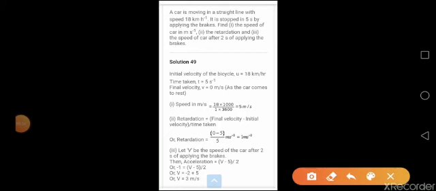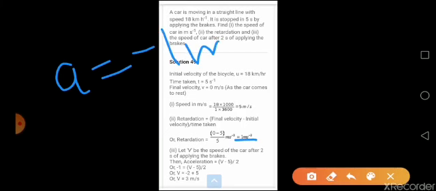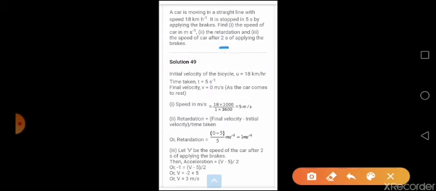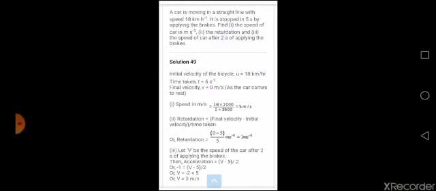Now when you come to the third part of this question, it is asked what is the speed of car after 2 seconds of applying the brakes, that is just before it comes to rest, right? Now let's see how we can calculate it. Now already from here, acceleration value, that is negative value including retardation, that is minus 1 meter per second square value you are having. U value you have already calculated it here. U is equal to 5 meter per second. That value also you are having. Now time, it is already given in the third part as 2 seconds. So for doing this solution of the third part, time you are going to take it as 2 seconds, right?